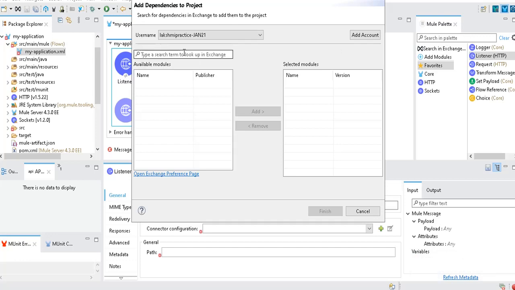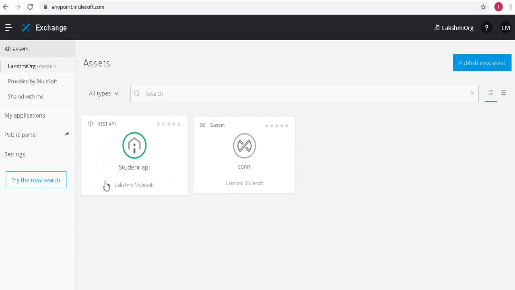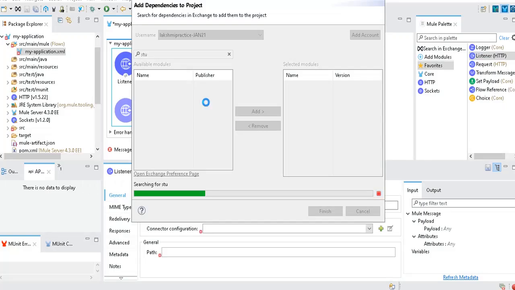So you need to just search here. The RAML which you have published, this REST API, we are going to search here and add it as a connector to our project. Clear?